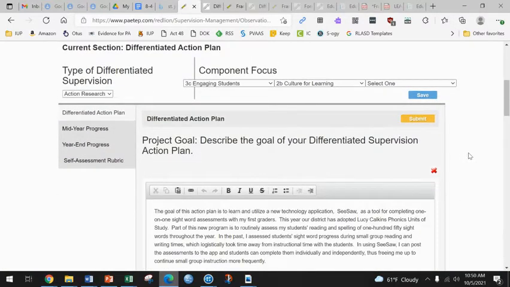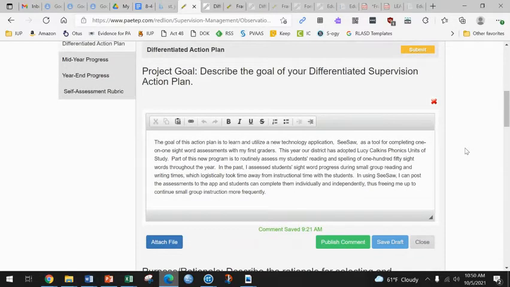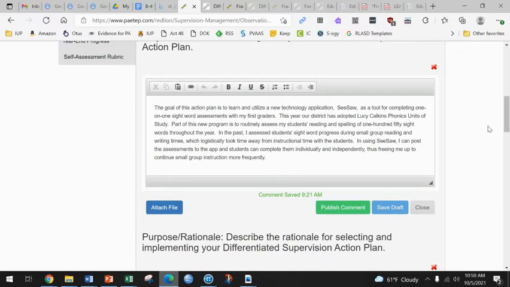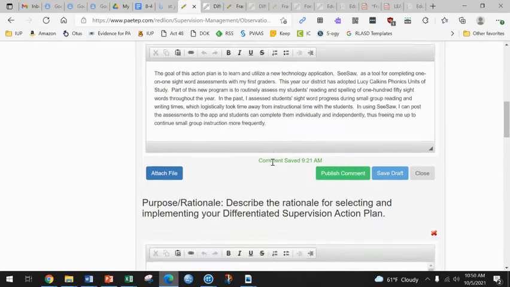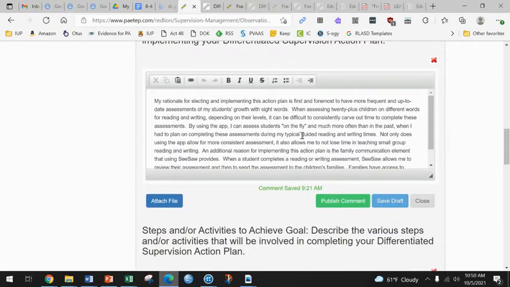So here is a filled out plan. This is a model plan from a couple of years ago. So taking a look at the project goal, this is a primary teacher who wants to include sight word assessments. And so the goal of the action plan is to learn and to utilize new technology applications, Seesaw, as a tool for completing one-on-one sight word assessments with first graders. And so this teacher highlighted the goal, described the rationale for why the goal was necessary,